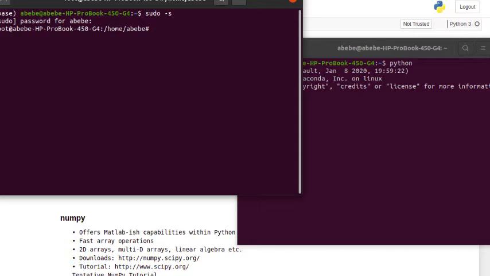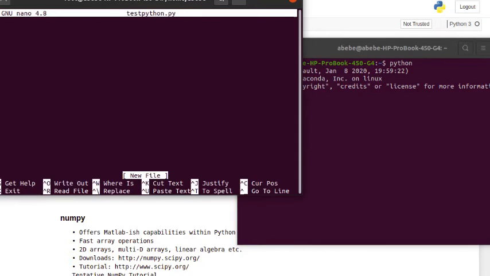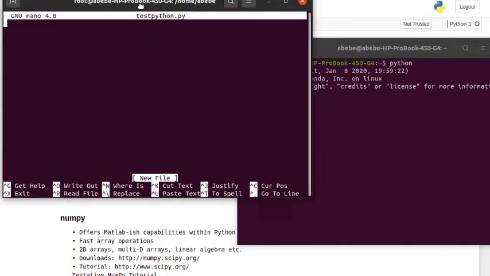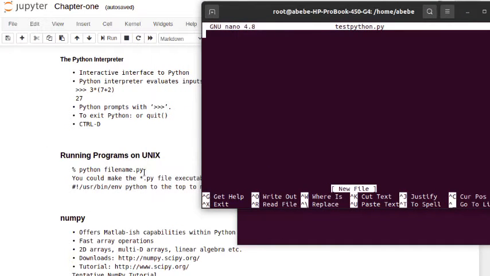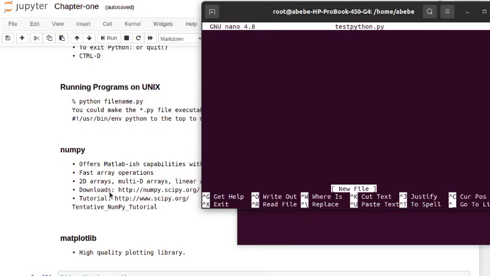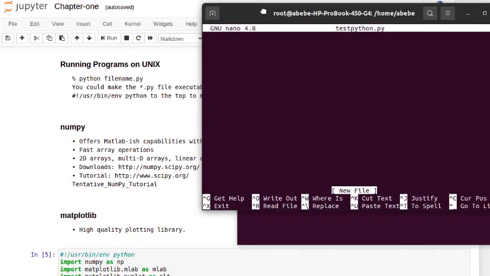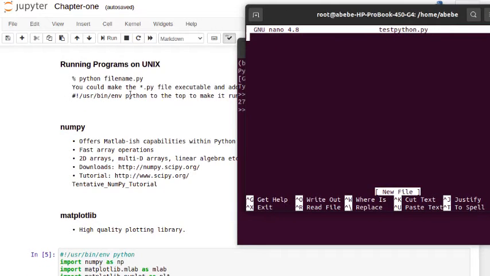and then let me create a new file. What I'm going to write, nano, and then let me give it a simple name, test Python, or python dot py, and enter. Now I have a new file. So in that case, if you have the idea about bash scripts, you can have this environment line at the top,